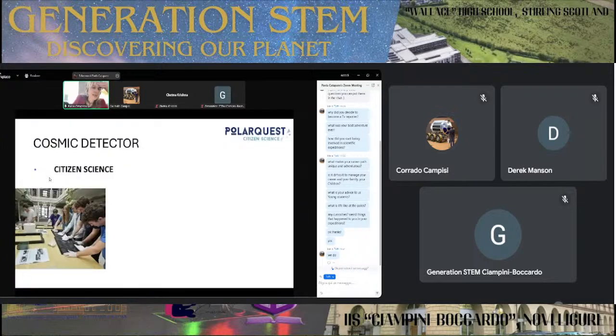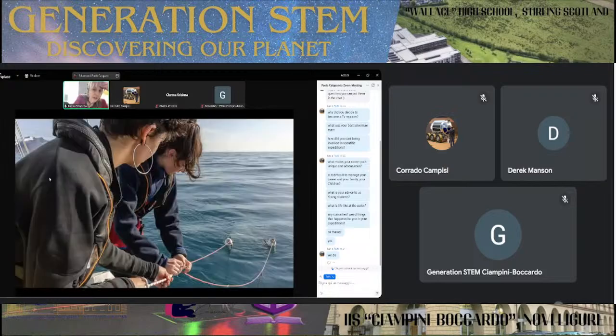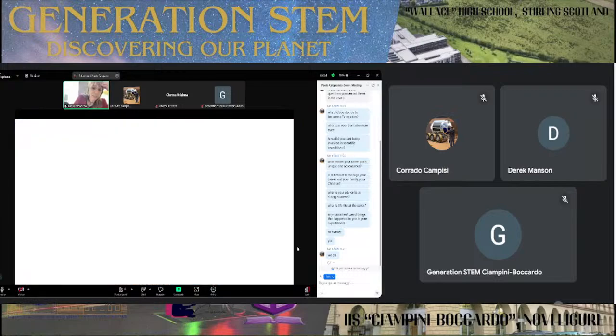We used citizen science to make our instrument. We involved young students from Italy, Norway, and Switzerland to put together the cosmic detector that we brought on board, and also to analyze the data. We put the data together. Two young students, 18 and 20 years old respectively, were trained in our marine research lab in Italy, in La Spezia, to be able to sample microplastic and to prepare the samples for analysis.